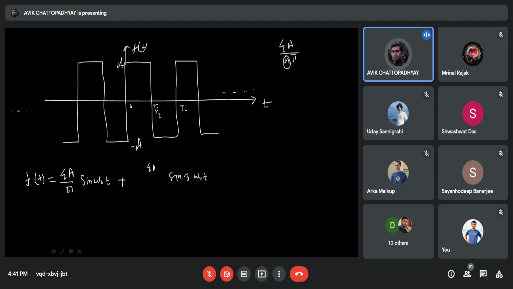এটা হবে 4a by 3 পাই, ঠিক আছে? তারপরের টার্মে সাইন 4 ওমেগা নট থাকবে না। Sin 5 omega naught t হলে এটা হবে 4a by 5 পাই, প্লাস ডট ডট ডট। এই হয়ে গেল উত্তর। এই এফটি কে তুমি ডিকম্পোজ করে ফেললে আর সাইনুসয়েডস এর টার্মসে রিপ্রেজেন্ট করে ফেললে। আর কিছু নেই।